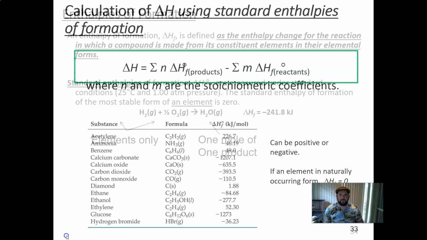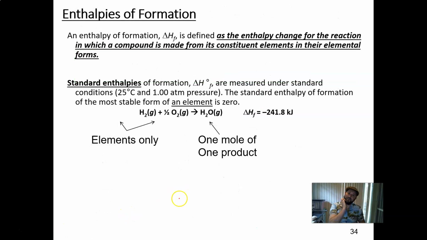So why is that? Well, these enthalpies of formation are a very, very defined set chemical equation. And it's defined as making 1 mole of product from the elements in their elemental form. So what's the elemental form of hydrogen? It's H2. The elemental form of oxygen is O2, both in the gas form. That's their natural state. And so to make the water right there,